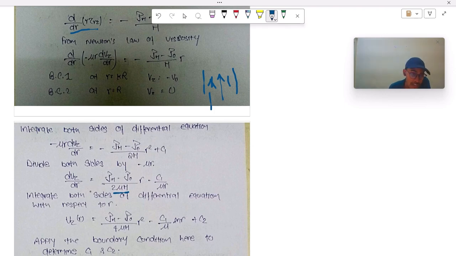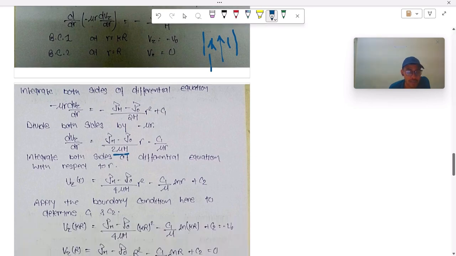Now we again integrate to get our velocity expression, which is a function of r, given by the change in modified pressure upon 4 times mu h into r square, plus C1 upon mu ln r